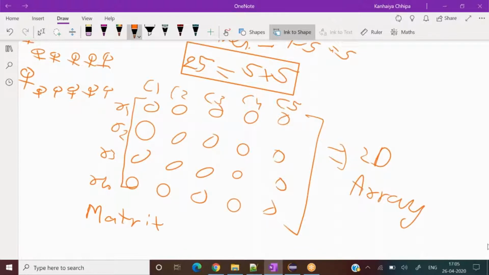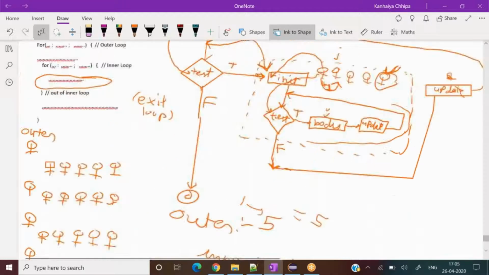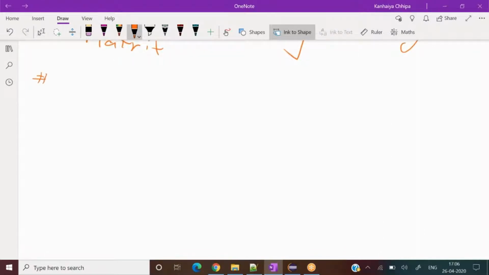So even if it is not understood, with this particular use case, C1, C2, C3, or array, normally if you have ever seen a program like this, that prints these things this way onto the console, 1 2 3 4 5, again 1 2 3 4 5, something like this, then how do you do it?